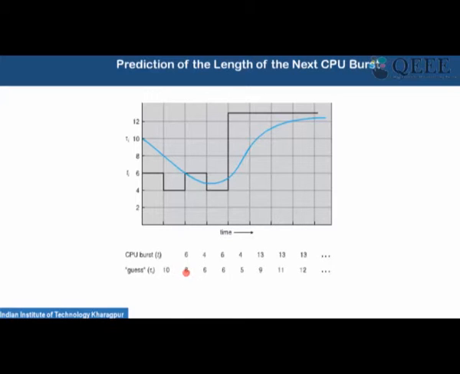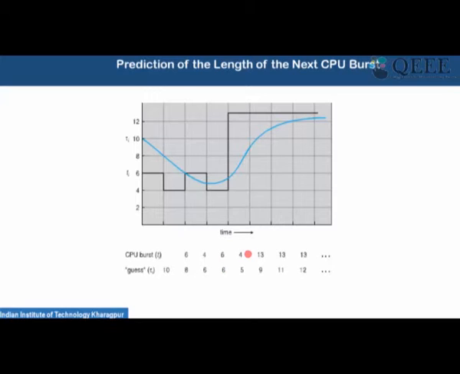Now we observe that the actual value is 4 seconds. Then we again do 0.5 times 8 plus 0.5 times 4, that means 4 plus 2 equals 6. Then we observe that the actual value is 6, so again we average, and it comes to be 6.